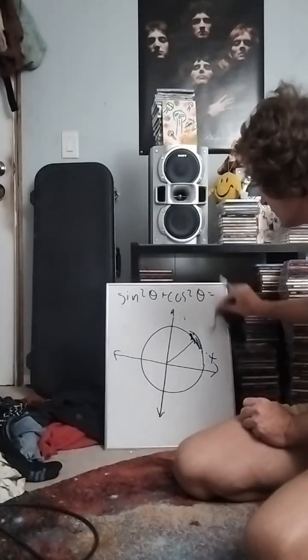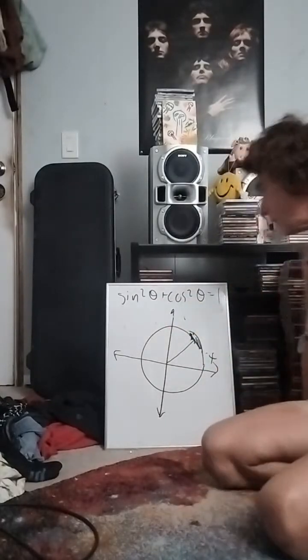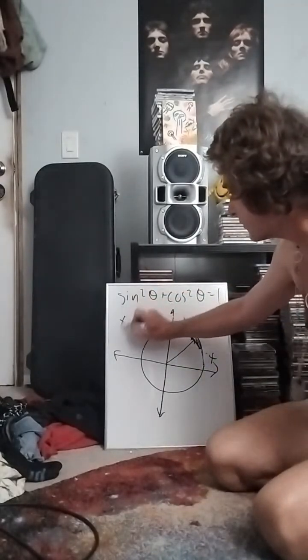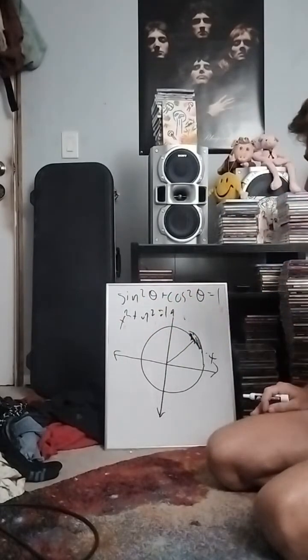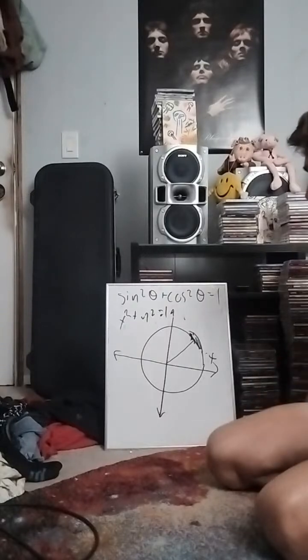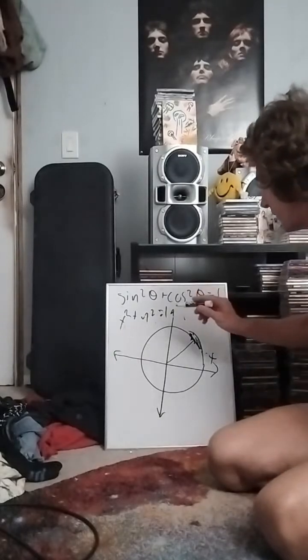Sorry about that, guys. That's a trig identity. So if that's true, and if x squared plus y squared equals 1, the unit circle, then it's easy to see that